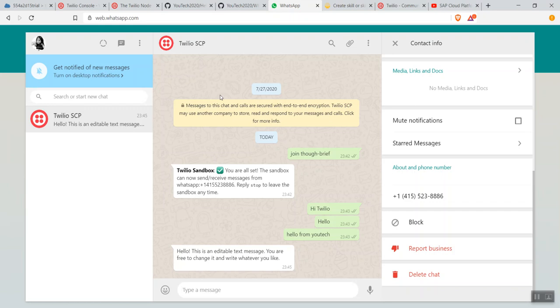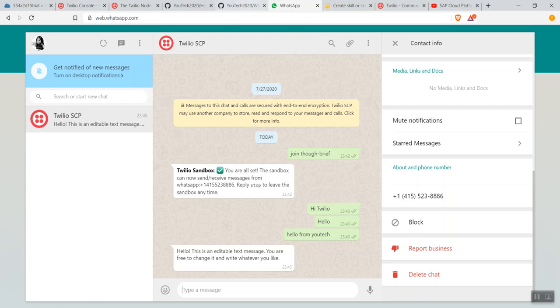So till now, I have successfully made a connection between my WhatsApp account and Twilio. Now we'll see how to consume these Twilio APIs in my Node.js application, and how we can directly integrate our Node.js application with WhatsApp. As per the use case, if I ask some question from WhatsApp, the message will be received by your Node.js application, and the Node.js application will understand the question and send a response back to your WhatsApp.